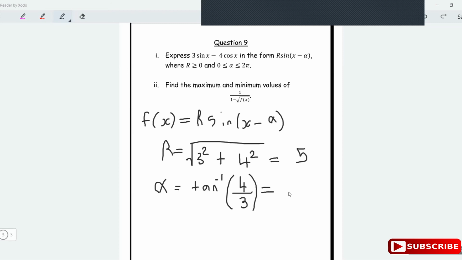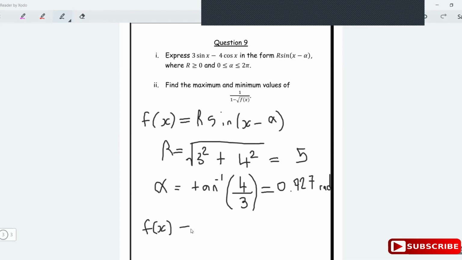Tan inverse of 4 over 3. When I work out tan inverse of 4 over 3, I'm getting 0.927, and that's in radians. RAD, radians. Nice. And so that means we can now write that f of x